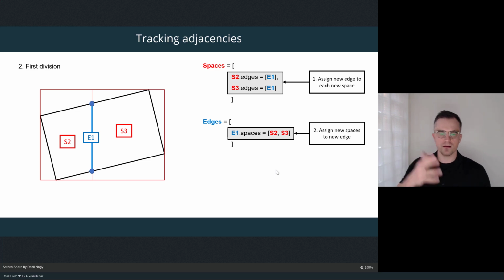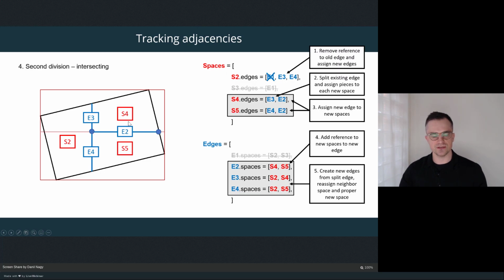Okay, so I'm going to go back a step to our first division, and now let's look at the other case, which is a bit more complicated: what happens when we split S3, but that split line actually intersects one of our existing edges. So here's the case, and what we want to do is, in addition to creating 2 new spaces